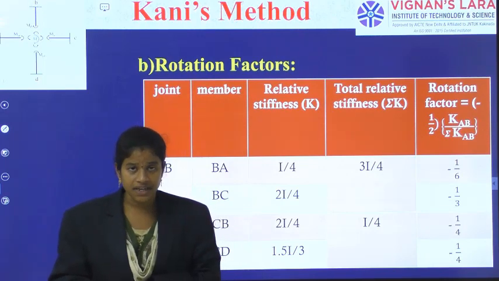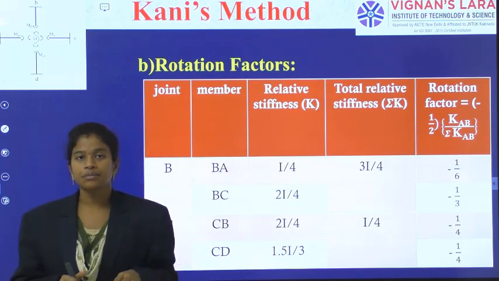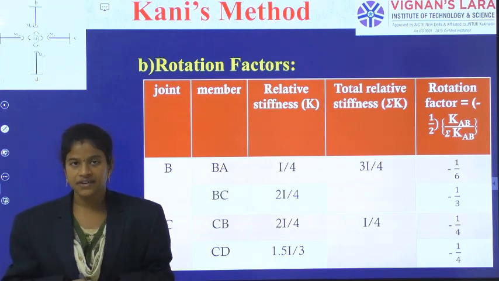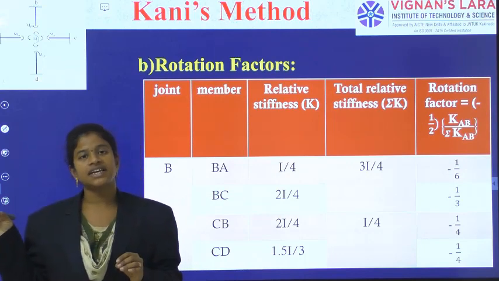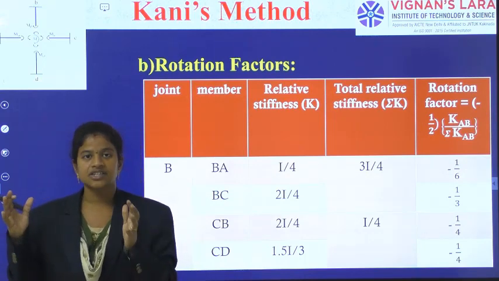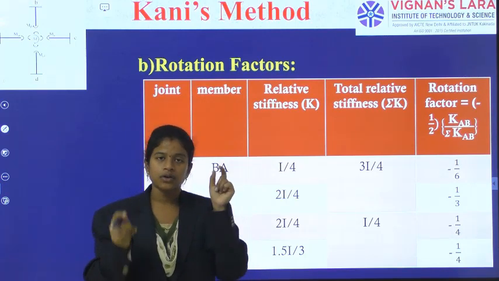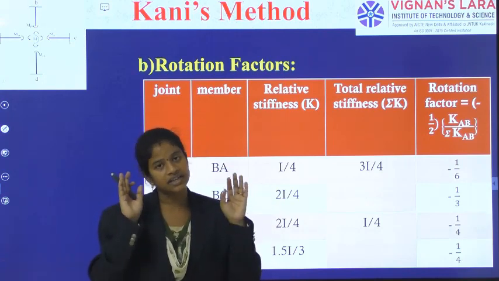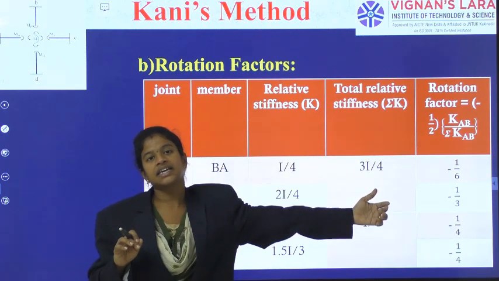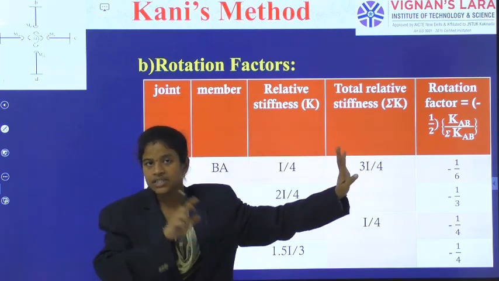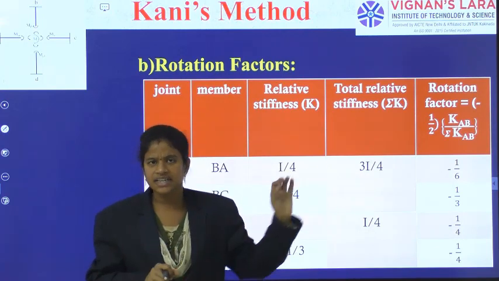And BA member is having a stiffness. How can I write the stiffness? Stiffness is equal to moment of inertia of the particular beam member by length of the beam member, if the farther end is fixed or if it is an intermediate span type support. So if the farther end is fixed, it is I by L, moment of inertia of the particular section by length of the particular section. With intermediate support points, we will consider them as fixed only. Only if it is the completely end of the beam and it is a hinge, then only it is a hinge for us. Otherwise, intermediate supports are not at all considered as hinges. So every intermediate span is a normal beam only.